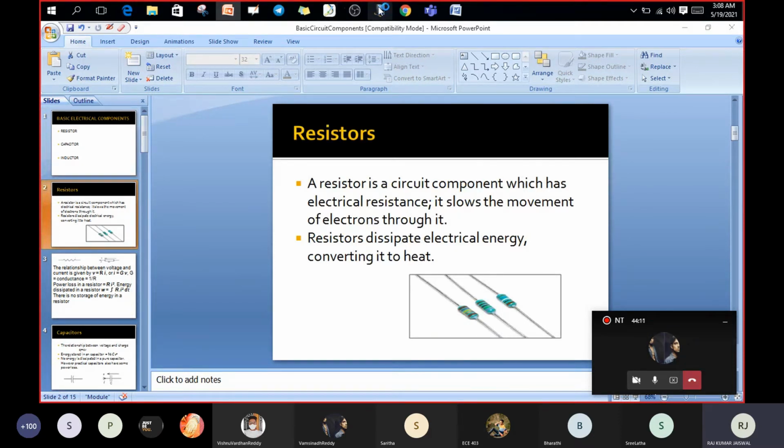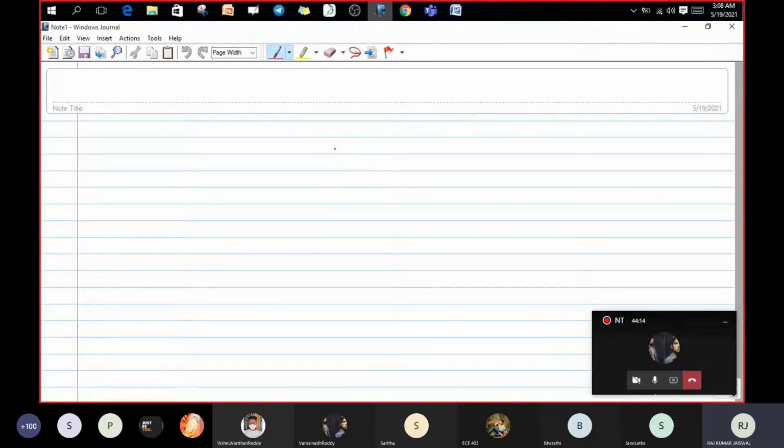Resistor is nothing but, you should write. If you have a notebook with you, you should write with me. I'm going to start writing the definition and all. Okay guys, then you should write what is a resistor. Could you see I'm writing something? Yes, sir. Everyone should use earphones. If you have a mobile, you should use earphones so that whatever I'm speaking, you could listen properly. Okay guys, then first of all you write resistor. What is a resistor? You should write.